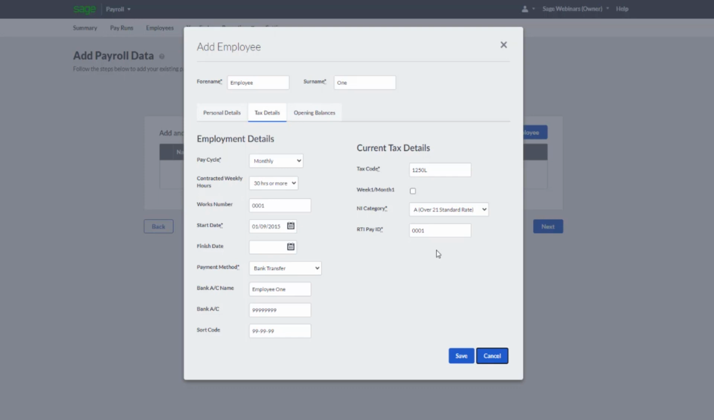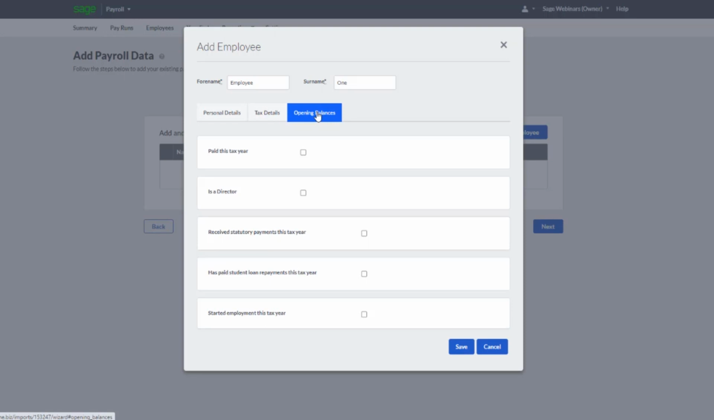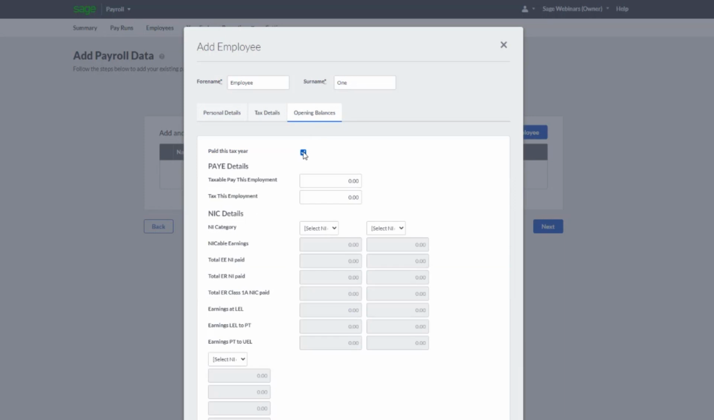As they've already been paid in this tax year, we'll also need to enter opening balances. This includes taxable pay and tax paid, and national insurance details, which you can get from P11 or similar reports in your previous payroll software. So we'll tick paid this year, and then enter some PAYE and NIC details. If I scroll down,